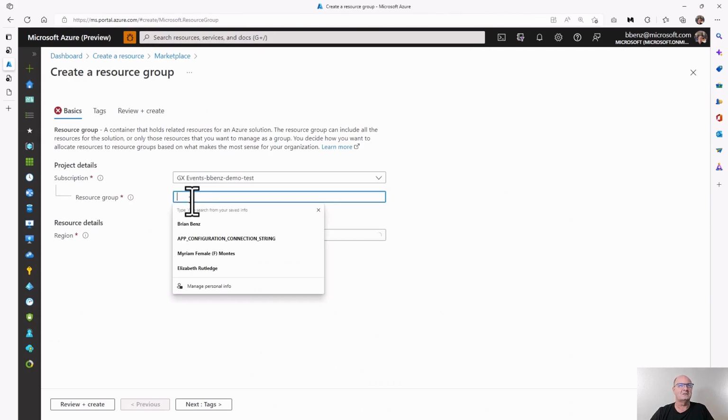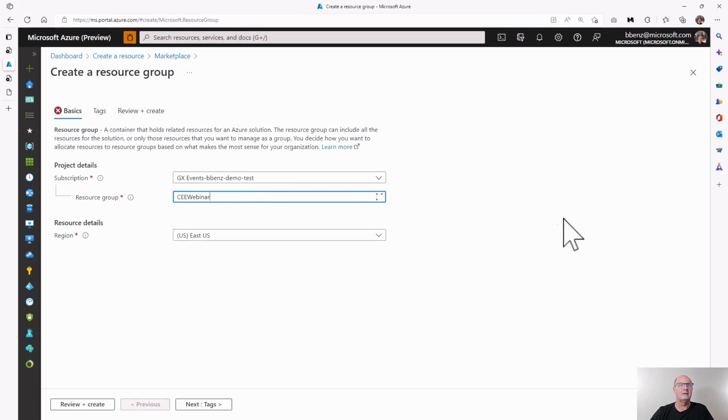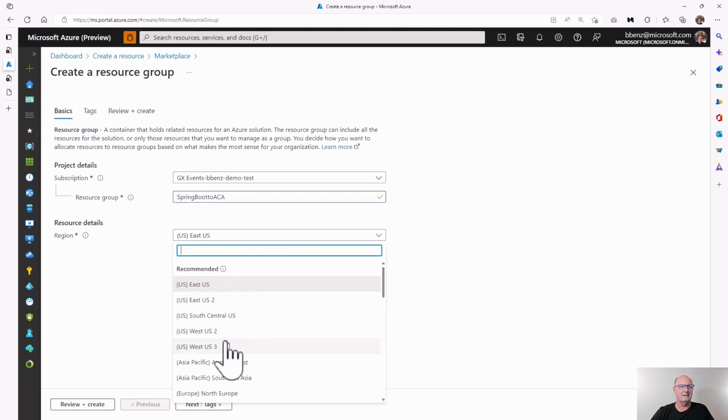And this one we're going to call CEE. Okay. Actually, let's just call this one Spring Boot to ACA. That seems like a good idea. And then West US 3.